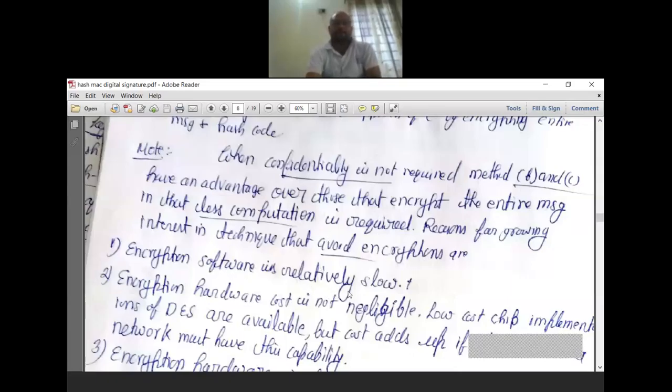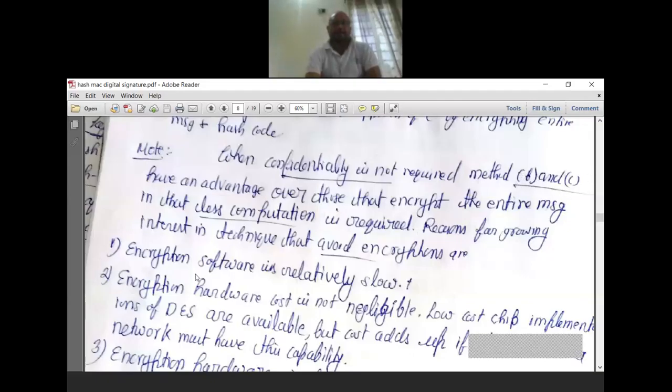Encryption software is relatively slow. When confidentiality is not required, methods B and C have an advantage over encrypting the entire message, as less computation is required. Why are figures B and C being used?